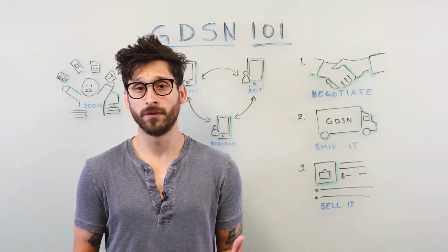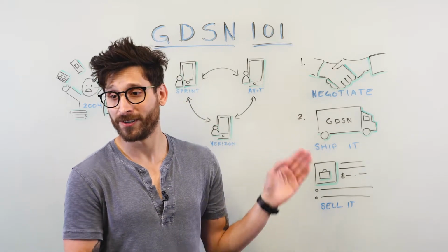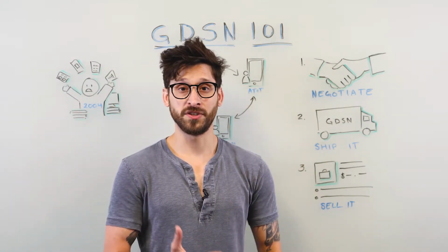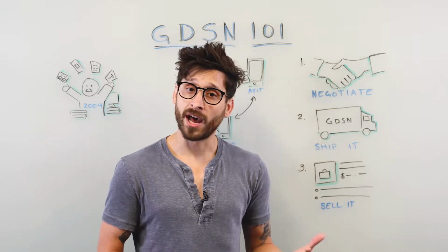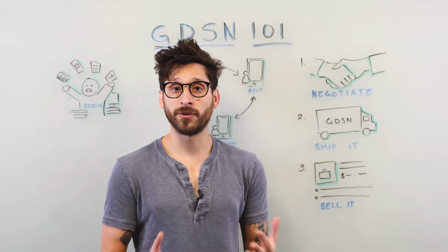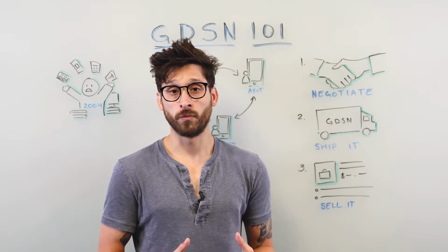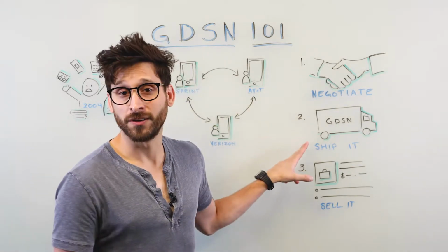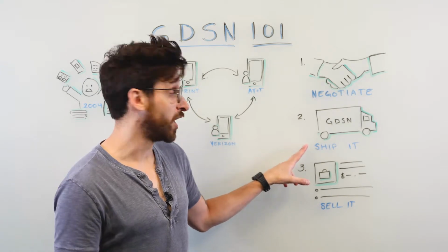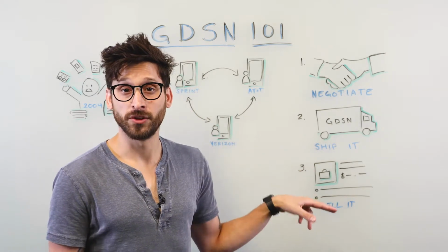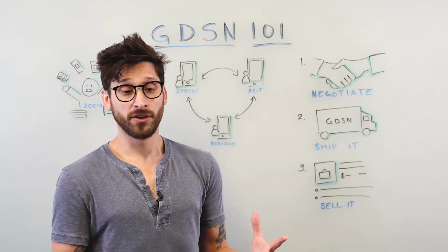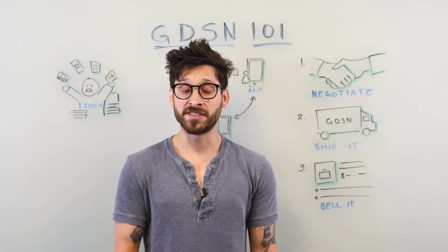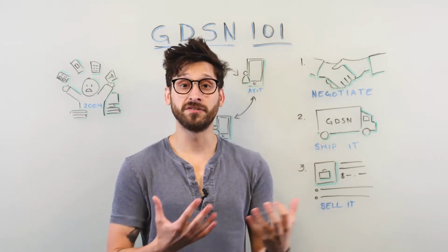And what better example than getting your items set up on Walmart? First step with Walmart is you're going to negotiate what items are going to be sold either in store or online. To do that, your trade teams, your account teams are going to negotiate with Walmart's category specialists or buyers. Once that's done, it's all about getting your systems and Walmart systems primed to send and receive your actual product, right? You need to get your pallets ready, your cases ready, your eaches ready, and Walmart needs to get their distribution centers ready to receive those items.